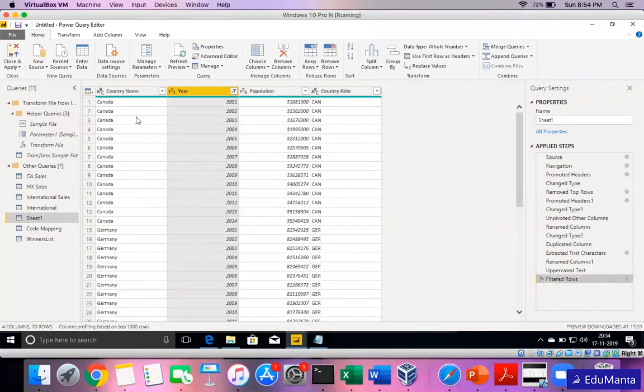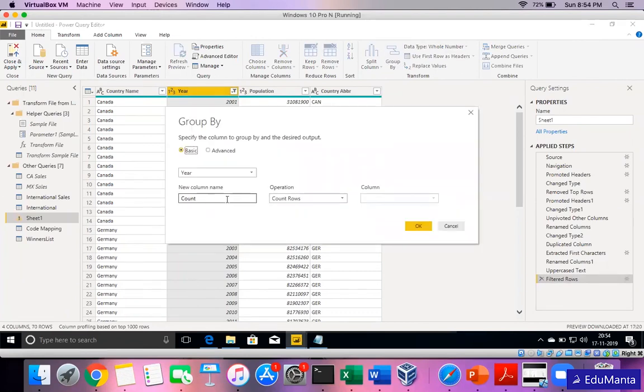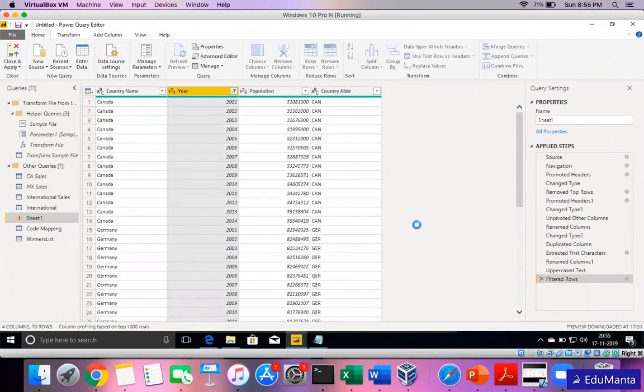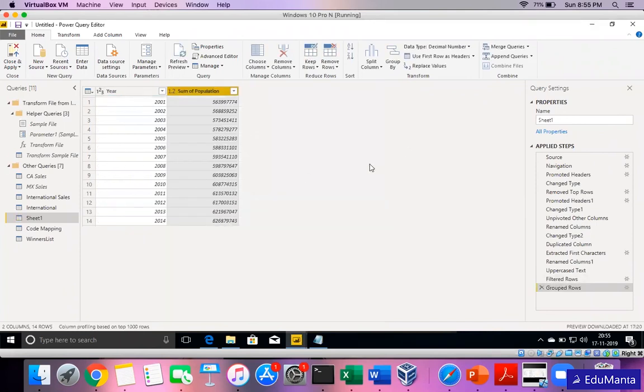Okay, here suppose I want to create an aggregated table which will show me year and the sum of population. So I just select the year, go to the group by, and here I give the name as required. Suppose sum of population. The aggregation function that's needed. Right now I need the sum. If I need max, min, average, I can select per my requirement. I need the sum, and the sum of which column? So the sum of column population. Click on it, it creates the aggregated table this way.